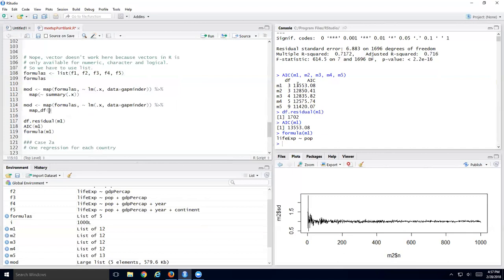Again, when you do a map DF, most likely the output of whatever you do here should be a data frame. In this case, I just hardcode and build a data frame in this particular code. The first argument, well, it's not very informative: M1, M2, M3, M4, M5. It's not very informative. So what we can do is